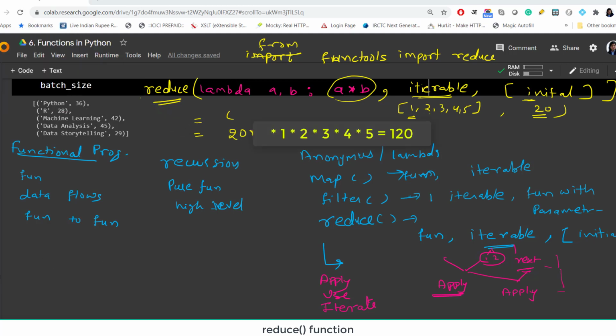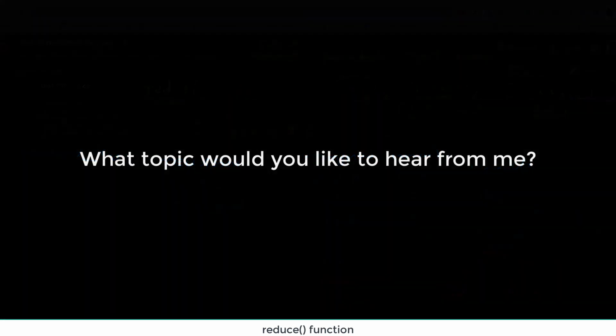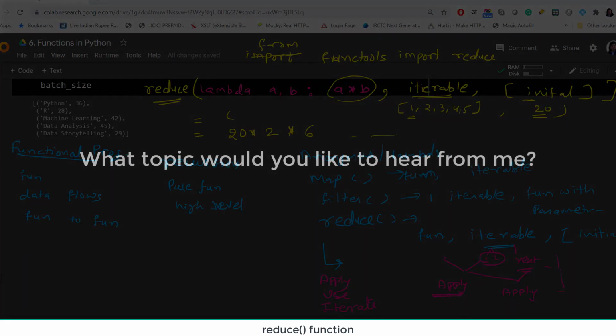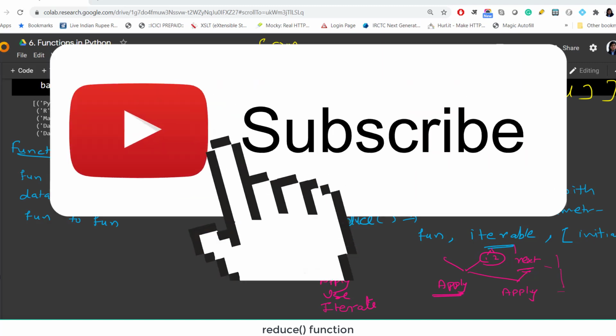In the next tutorial, we will start our discussion about data structures in Python. But if you need any more tutorials on programming concepts like the print statement, string operations, or, as we have discussed, object-oriented programming, or any other particular concept, you can write it in the comment box. I will try to make a tutorial on that also.